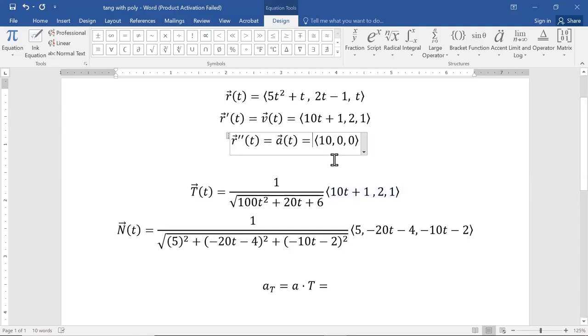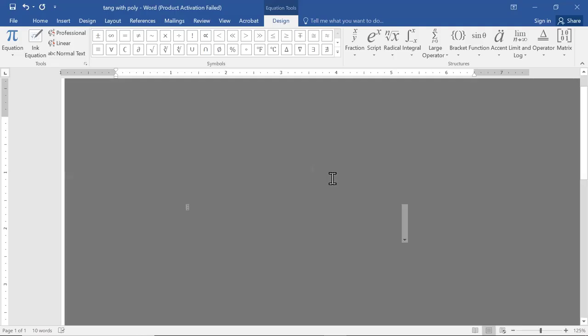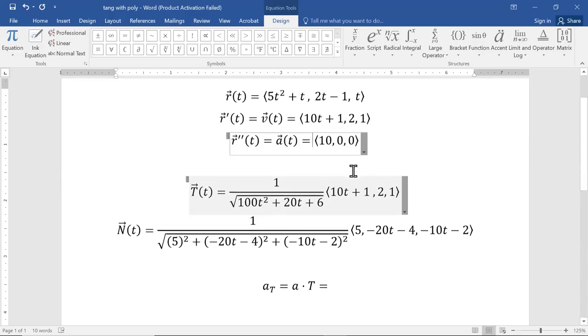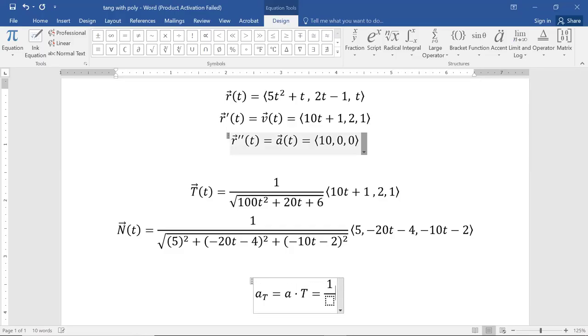But the acceleration vector is really nice because the second derivative is just 10, 0, 0. So when I take the dot product of those two things, I am going to get the ugly coefficient,